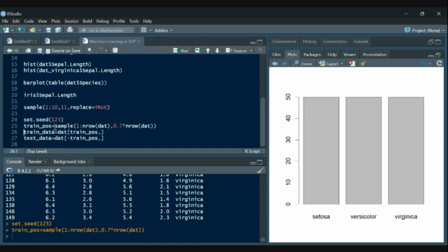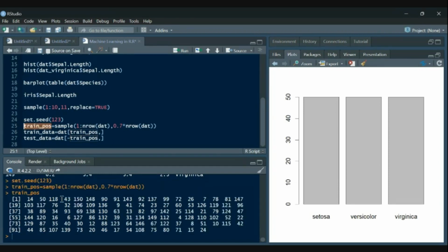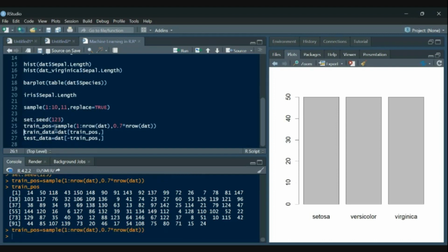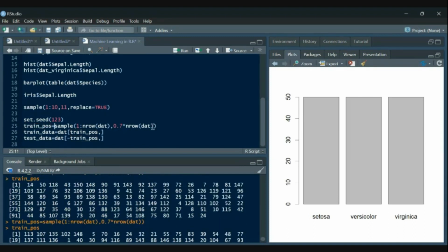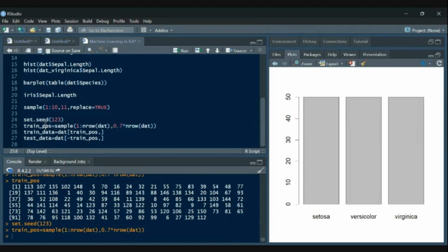So let's see train positions, from 1 to 150, sample 105. If I run it again without the seed, this will give me a different value all over again. But if I run it with the seed, this will give me the same value again.